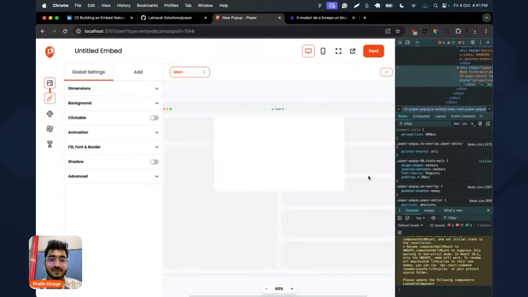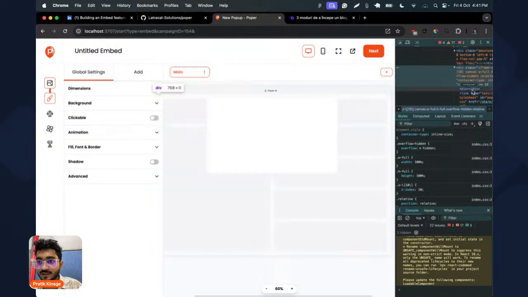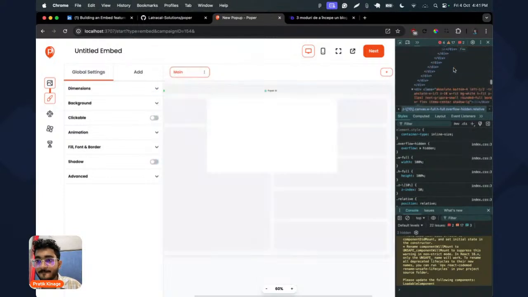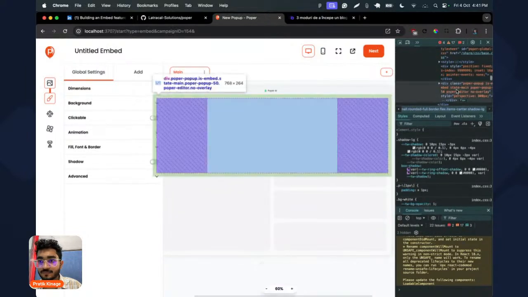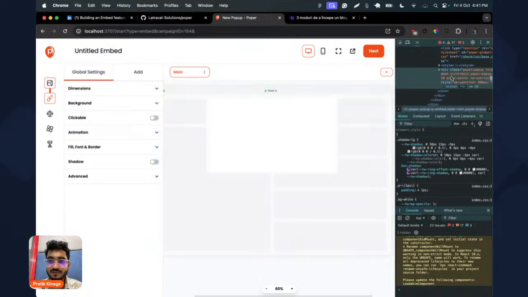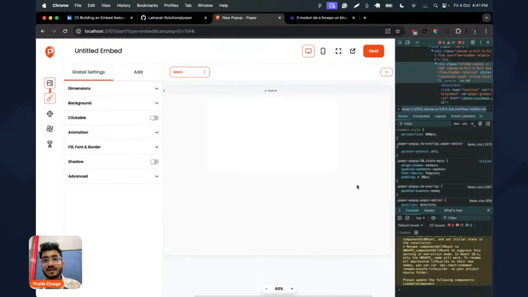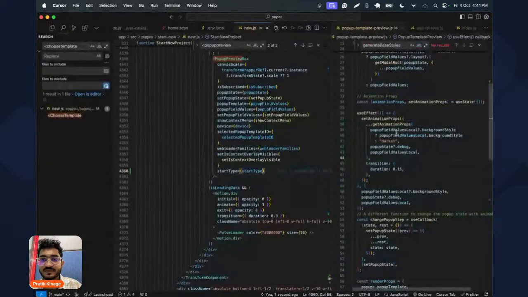So over here, if it's of embed type, we don't need this as well. There is this overlay. I guess this is the one. No, it's not this. Then this one. Yeah, we can directly render it inside. And also one more thing, if it's